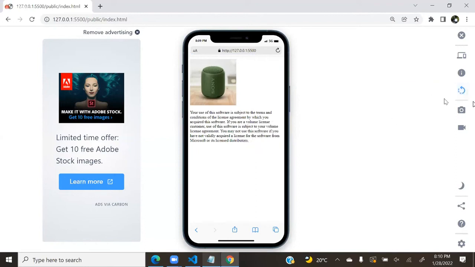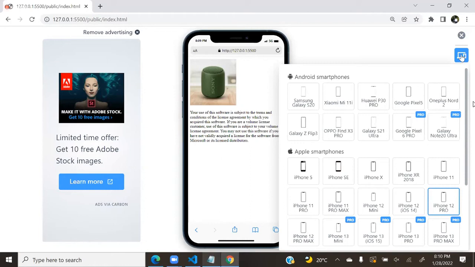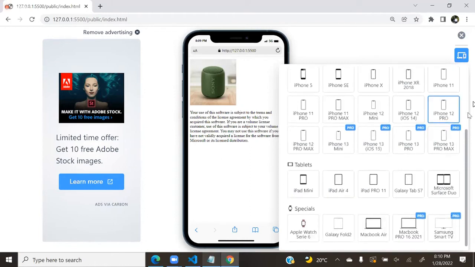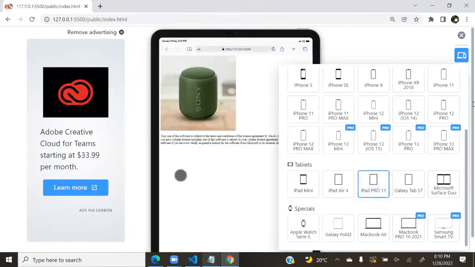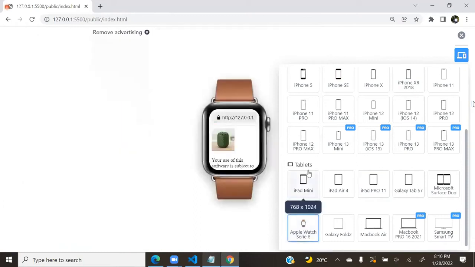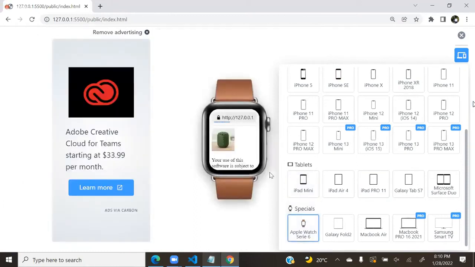And observe carefully here, I can change my device. Suppose I am selecting a device called iPad. On iPad that looks like this. On Apple Watch it looks like this. That means it fits onto it. You will never miss any content. That is important. Remember, content should not scroll left and right. If it is scrolling left and right, it is not good, because on mobile you should never show content scrolling left and right, only up and down.